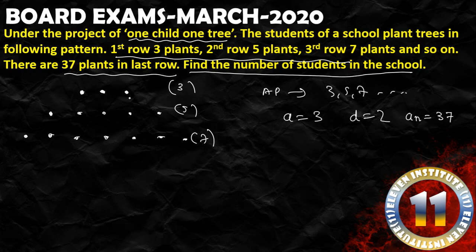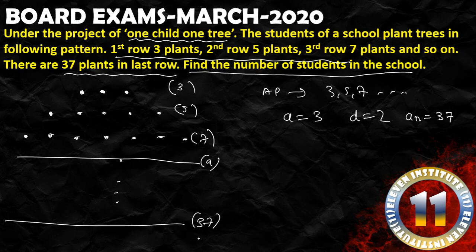હવે આ ત્રણ જણાએ પ્લાન્ટ કર્યા હશે ને, because one child can plant one tree. તો આ પેલો સ્ટુડન્ટ, આ બીજો, આ ત્રીજો, પછી આ 5 બીજા સ્ટુડન્ટ, પછી આ 7 બીજા, એના પછી બીજા 9, એમ કરી કરીને સૌથી છેલ્લી લાઈનમાં બીજા 37 સ્ટુડન્ટ્સ. તો આ બધાયનો આપણે સમેશન કરી દઈએ તો મને ટોટલ નંબર ઓફ સ્ટુડન્ટ્સ મળશે. So what I have to find? I have to find the value of Sn. મારે શું ફાઇન્ડ કરીને આપવાનું છે? Sn ફાઇન્ડ કરીને આપવાનું છે.